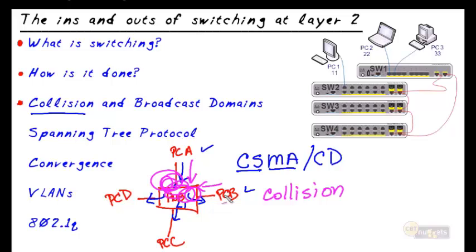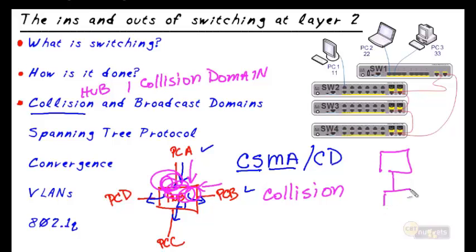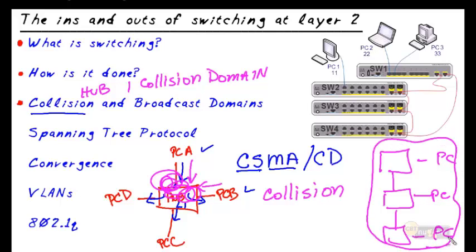It happens all the time in a hub environment, but it does slow the network down because only one device can communicate at a time, and that's why a hub has one collision domain, period. So if we had a hub here connected to another hub here, connected to another hub here, and we had PCs, basically, out of all of that, the whole giant thing would be one giant collision domain, meaning they're all sharing the bandwidth